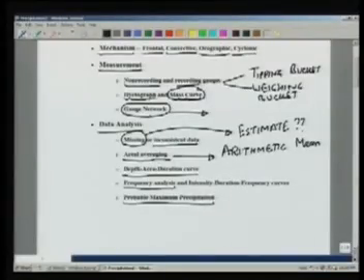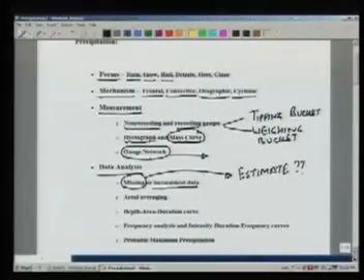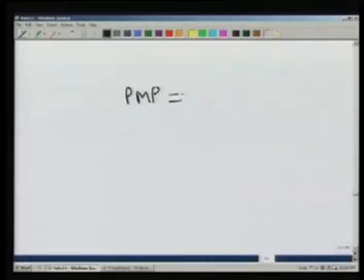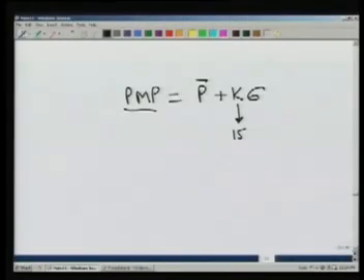And related to this, there is a concept of probable maximum precipitation which can occur over a given area, and this probable maximum precipitation is used in very extreme cases where we have to design something which is very critical. For example, a large dam, the failure of which will be catastrophic. So in that case, we can find out the PMP, the probable maximum precipitation, which is typically written as the mean rainfall plus some factor k multiplied by the standard deviation, and generally the value of k is taken as about 15. So the mean rainfall plus 15 times the standard deviation is normally taken as the probable maximum precipitation for that area, and this is used in